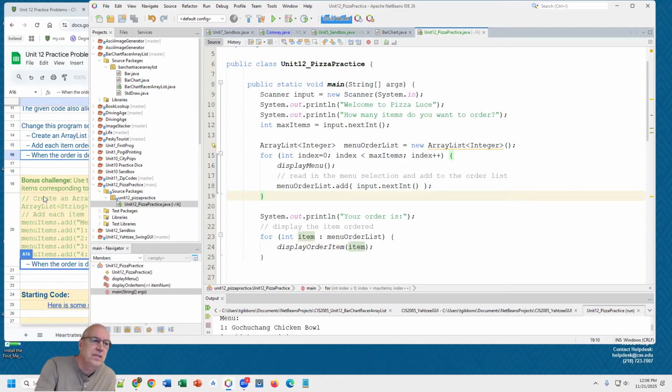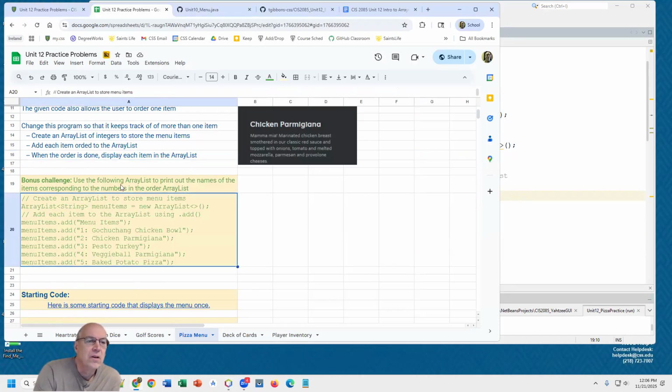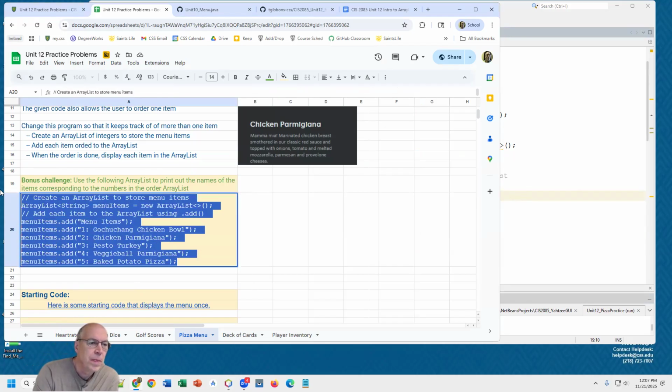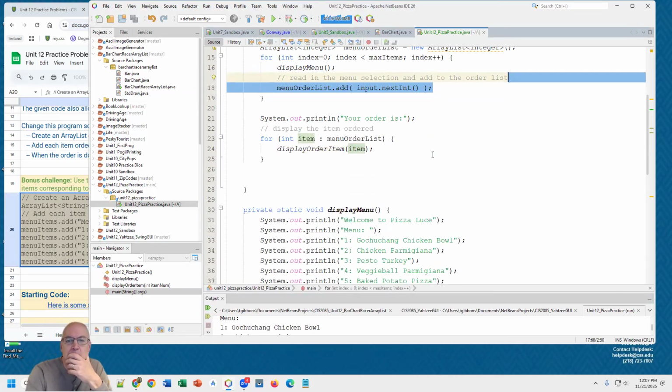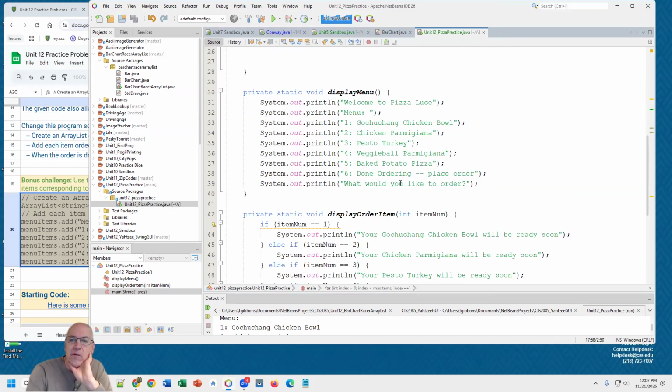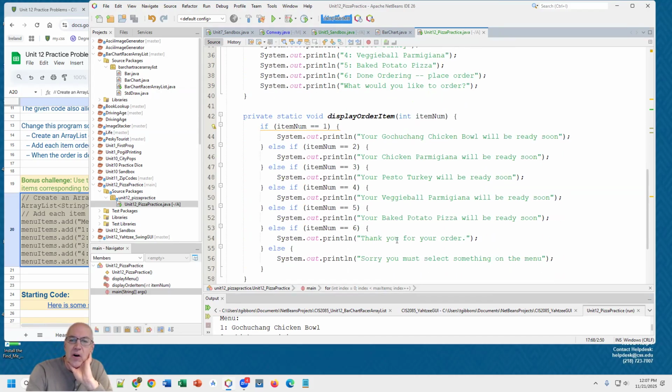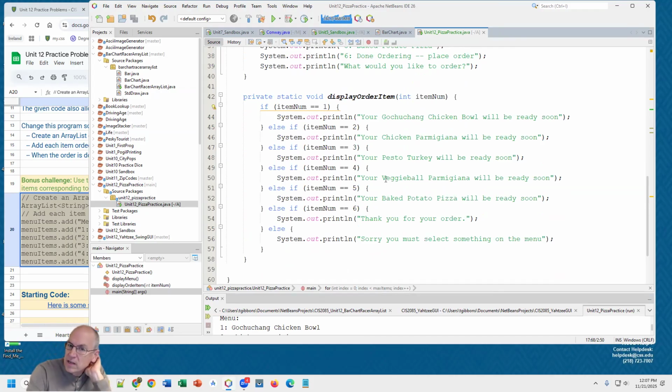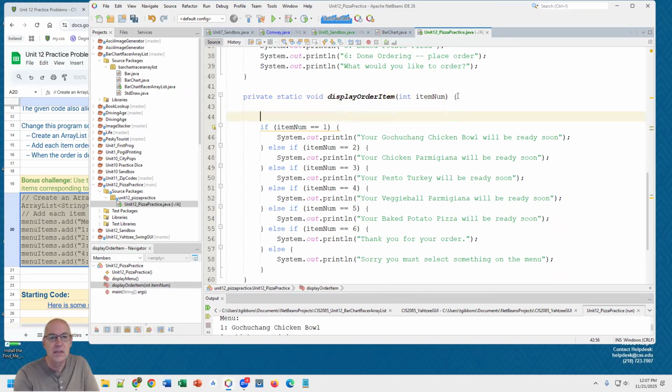That looks good. I'm going to see what else they have here. So use the following array list to print out the names of items corresponding to the numbers in the list. Let's try that. I'm going to grab this code here. So it is kind of weird that we hard code the array here, and also we kind of hard code it in here for this. We have all these, if the number is 1, we do this. If the number is 2, we print this out. So what we're going to do is